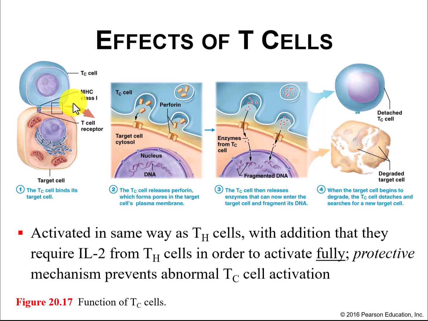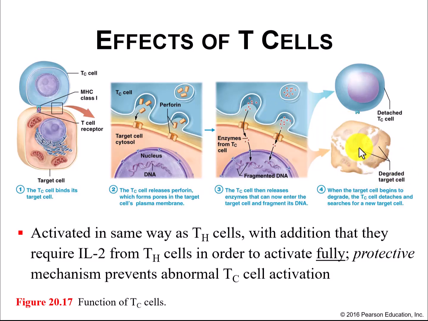So the effector cytotoxic T cells, activated in the same way, are going to bind to the MHC class I instead of the MHC class II. Once they bind to that MHC class I presenting the foreign antigen, remember it's going to be endogenous, made within the cell, meaning I need to kill this cell because it is infected with whatever I don't like. It will do the same thing as our natural killer cells. It will put in perforin proteins, secrete enzymes into the cell that will destroy the cell's DNA, causing the cell